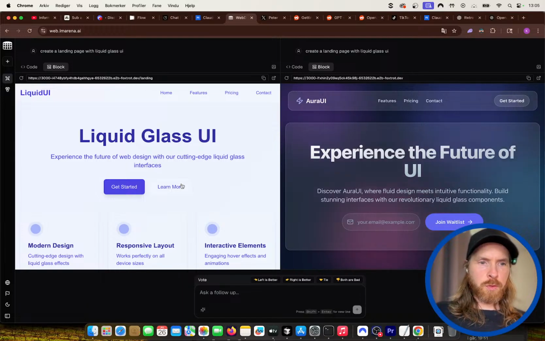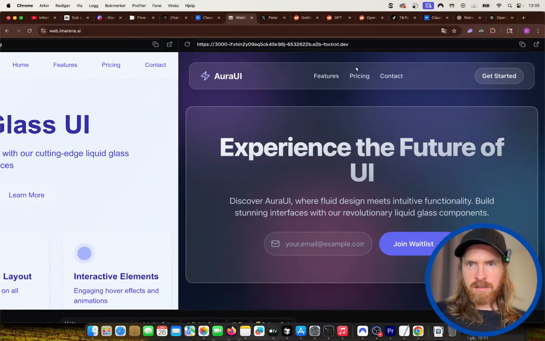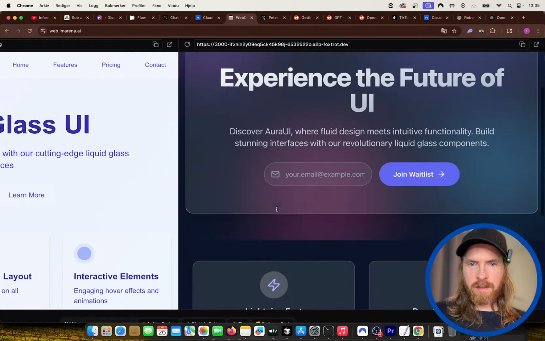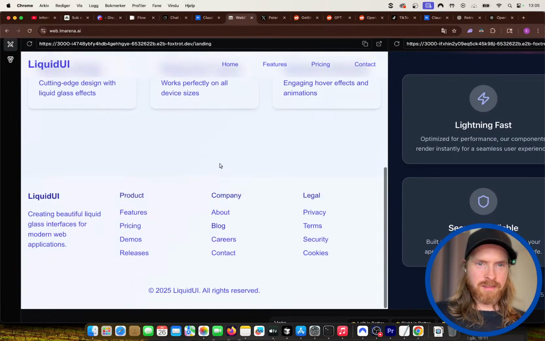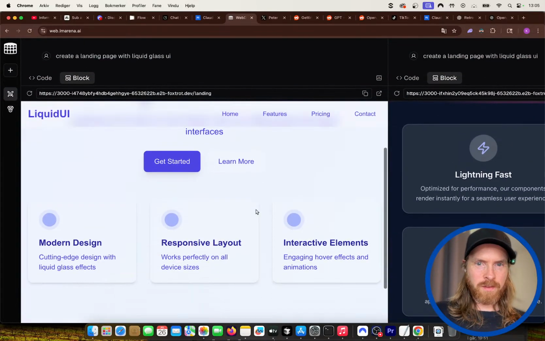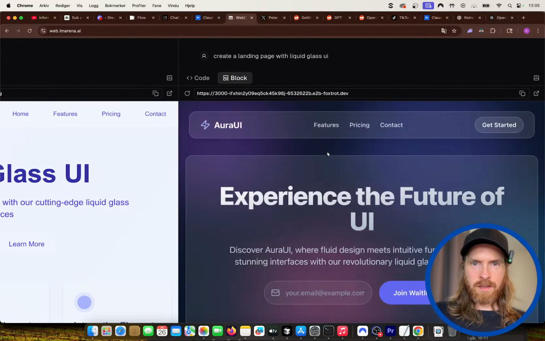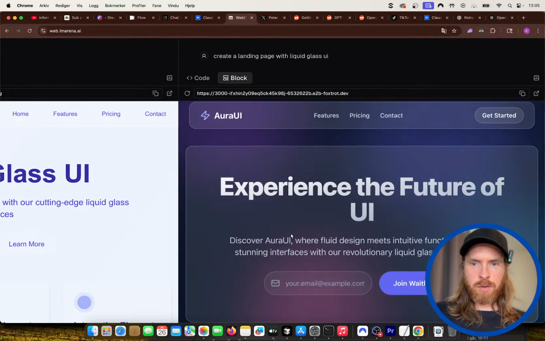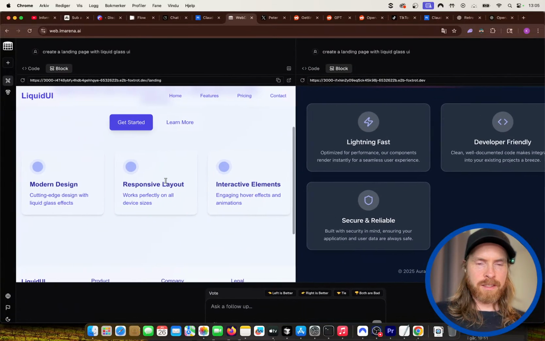Okay, so this is supposed to be a liquid glass UI. I don't know. This is fine. This looks a bit boring. I think I like this one most, but I don't even know what liquid glass is.